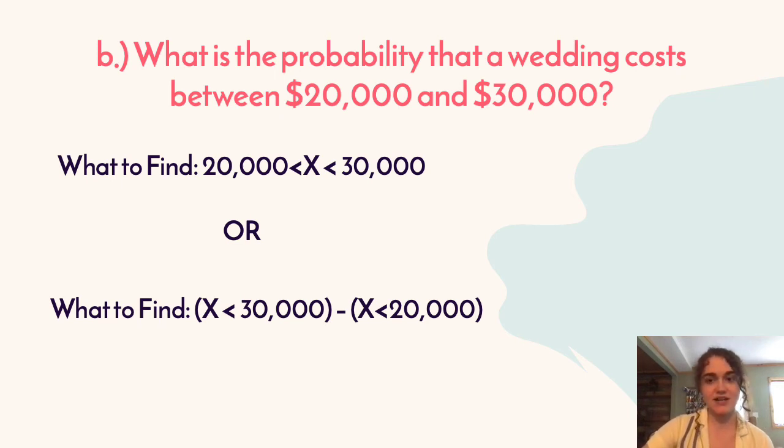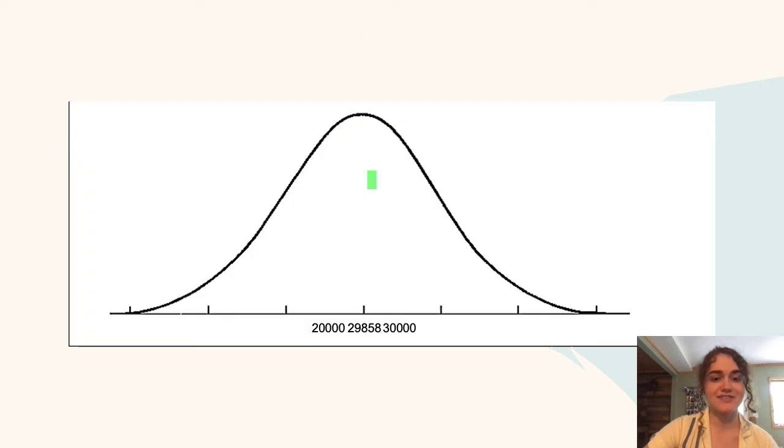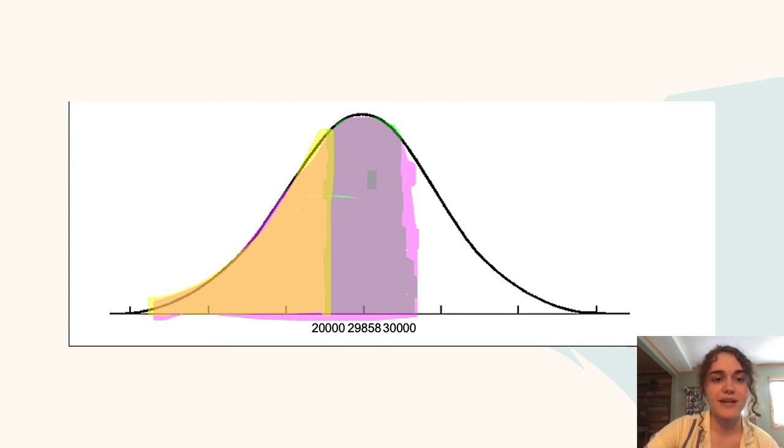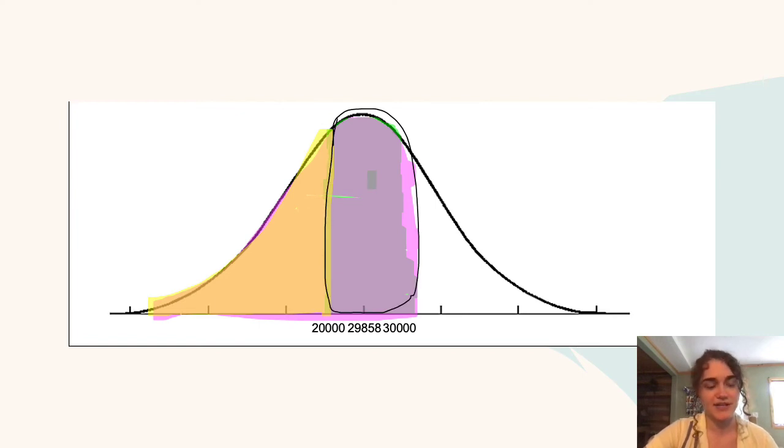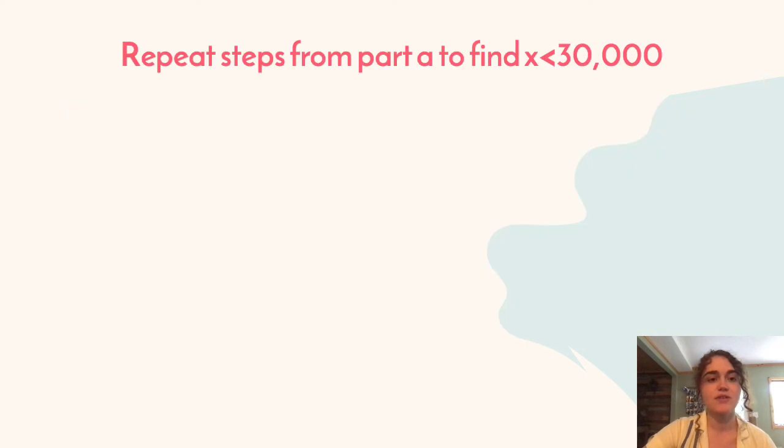Let's take a look at this on our standard distribution curve. So we're looking to find everything between 30,000 and 20,000, which would be around right here. And an easy way to do this would be to take everything less than 30,000 and subtract everything less than 20,000. This remaining pink rectangle is more or less in line with our remaining green rectangle right here, which is everything between 30,000 and 20,000. So in order to figure this out, we need to repeat the steps from Part A